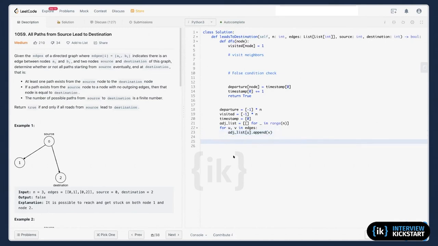So now I have my adjacency list. This is a directed graph, so I don't need to build the edge from v to u. I only need it from u to v. So this is done. Okay. So now I get a neighbor in the list.